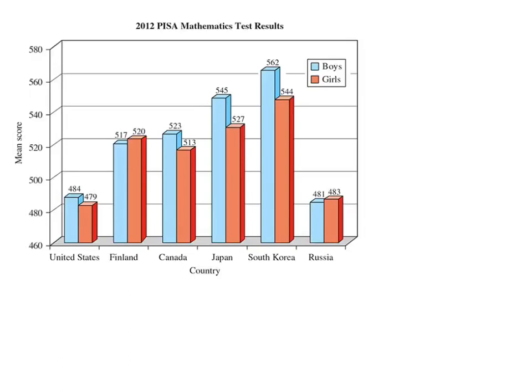Let's consider two examples, one of a bar graph and one of a line graph, that really show how the display of data can affect our perception of the data. Our first example is this bar graph, which shows differences in mathematics test results between boys and girls in a number of different countries. Now, this graph is intending to highlight these very small differences in the scores, but it's